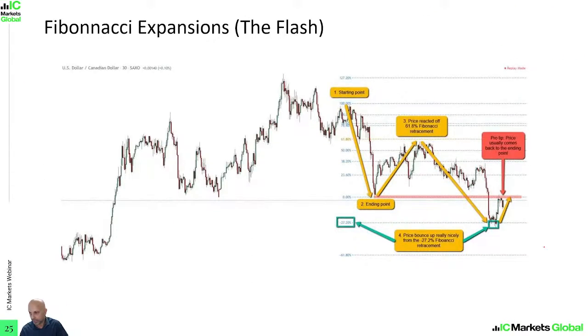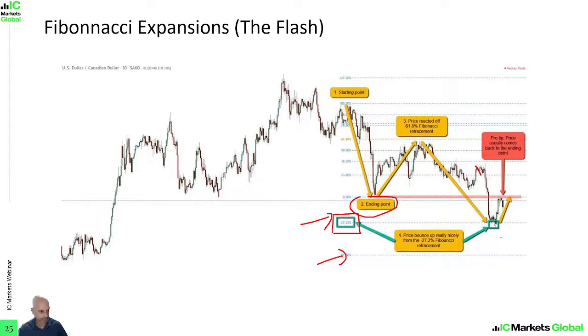So you can see quite clearly here, price is falling down quite strongly. It breaks through this swing low support at point 2, triggering a potential bearish breakout. And because we have seen that the retracement has satisfied the 50% mark here, then these expansion levels are valid. So we can then use negative 27.2% Fibonacci expansion to help us identify a potential take